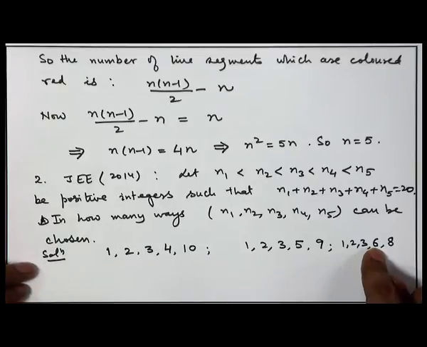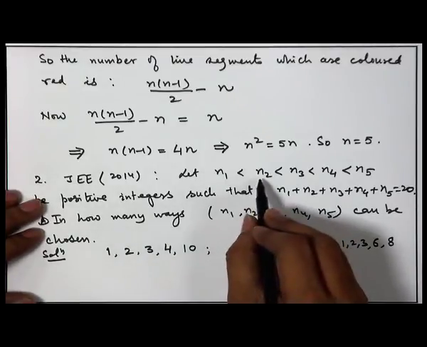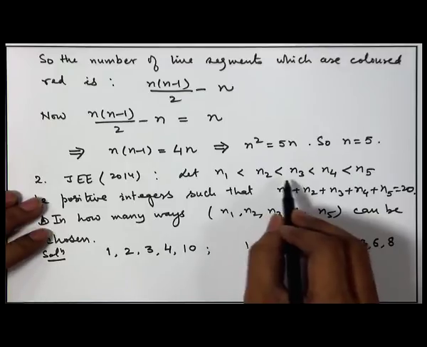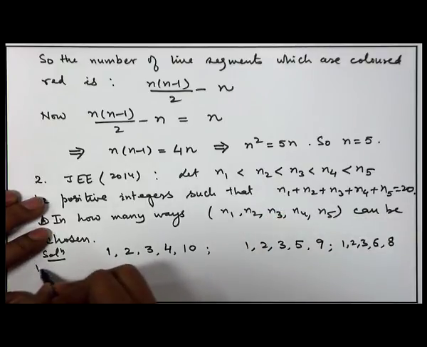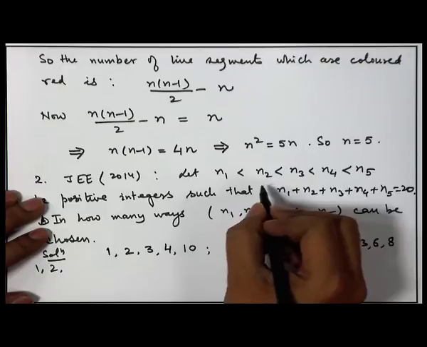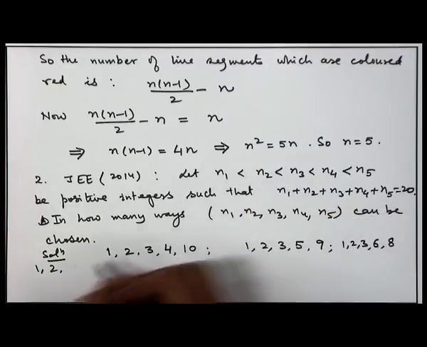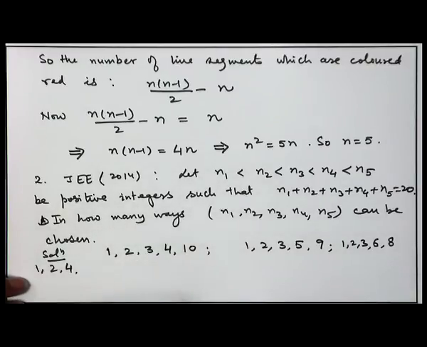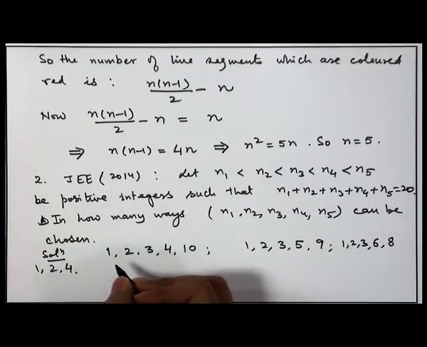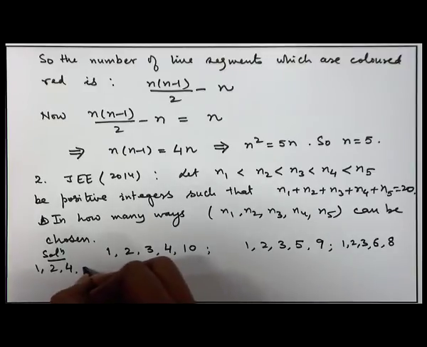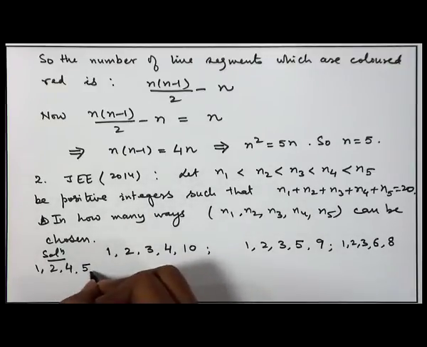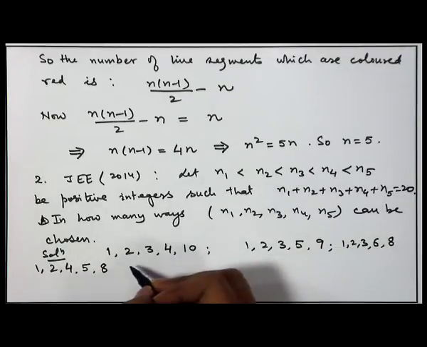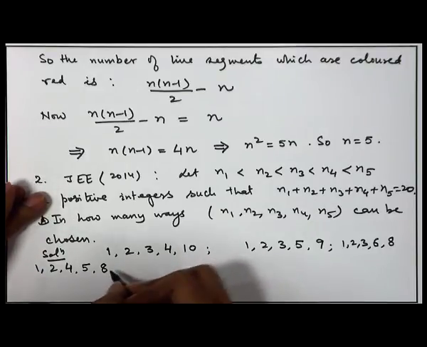Now, let us take smallest n1, n2 and with n3 I take the flexibility. So, smallest n1, n2 is 1, 2 and then with n3, in place of 3, I take 4, that is the next one. So, now let us take the next smallest for n4, that is 5. Now, how many values have we exhausted? That is 12. So, n5 can be only 8, that is the only possibility.